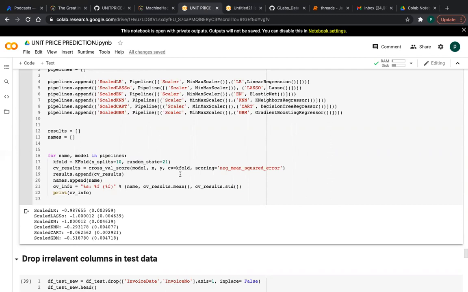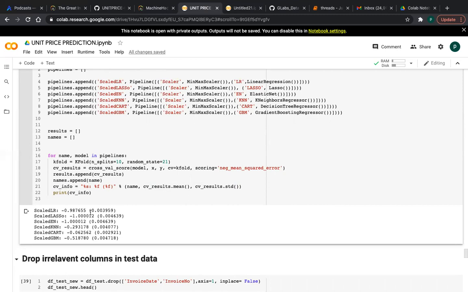I am using negative mean squared error, friends. I append these values into the results list, and to know which model is performing better, I assign the model names to names. Then I am printing the results, mean and standard deviation.